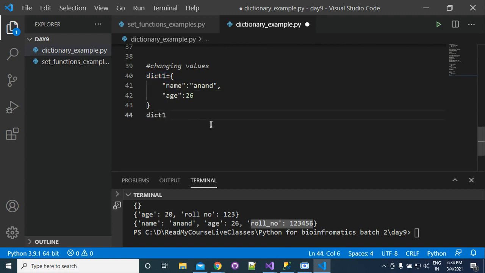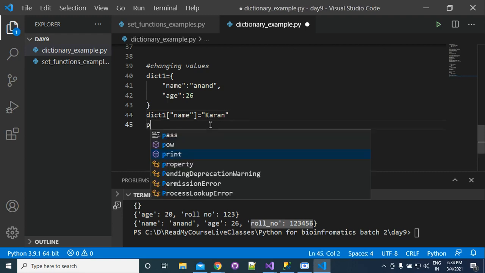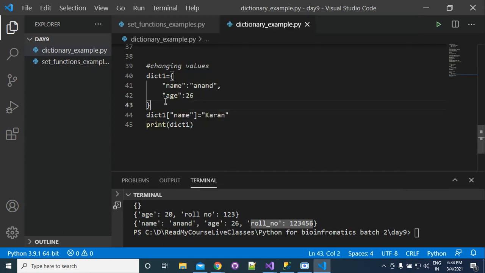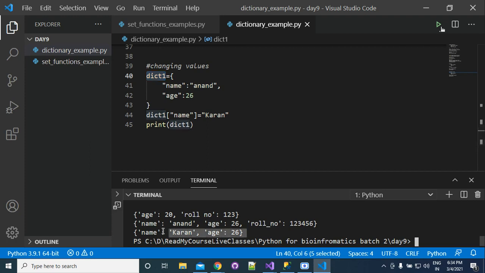So we can write here dict1 dot name is equal to, suppose that name we are changing to Karan. Now if you print dictionary 1, the name value will be changed. Here you can see it is printing name Karan and age is 26.